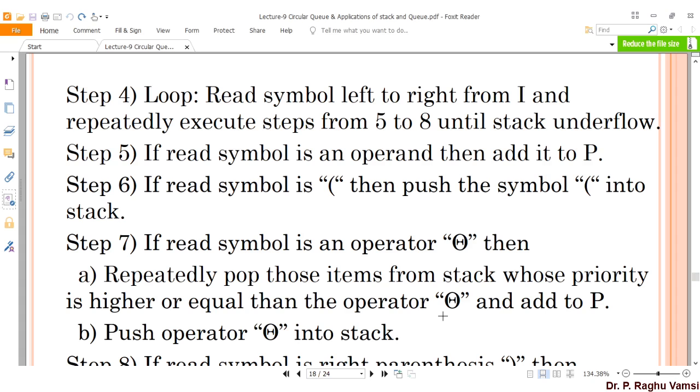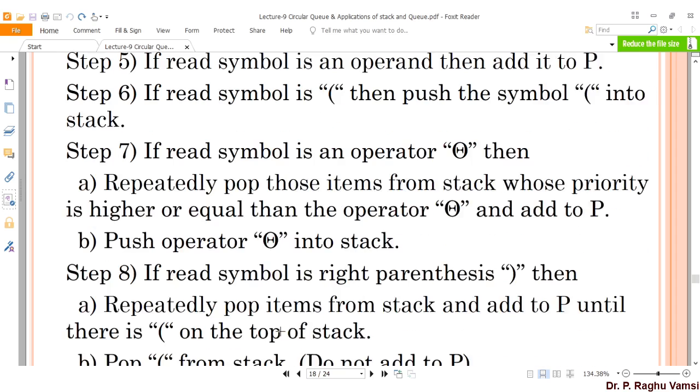That means star and its equivalent priority operator must appear. Then only can you pop the element from the stack and add it to the postfix expression. Otherwise, you should not pop the element from the stack. Next is push operator. Once this is done, the new operator that you have read during the input reading should be pushed into the stack.